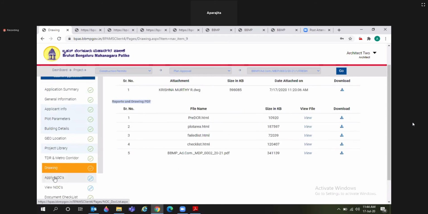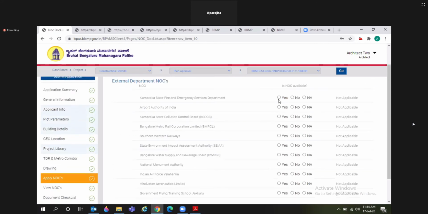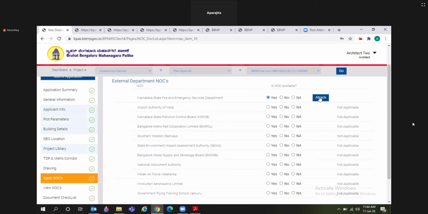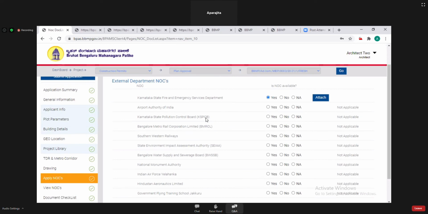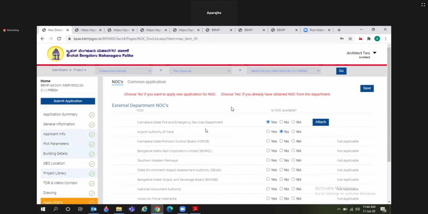Then go to apply NOC. Here are three options: yes, no, and not applicable. If you already have any NOC certificate, then you have to click on yes to attach that NOC certificate. If you want to apply for NOC, then select no. After selecting no, the common application form for this department will be generated.